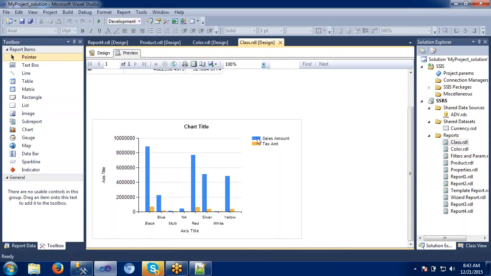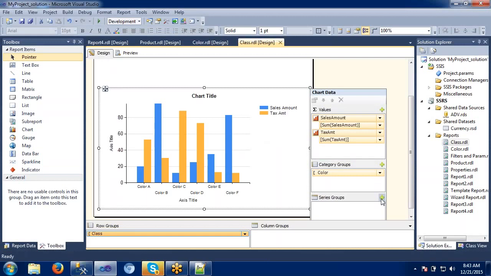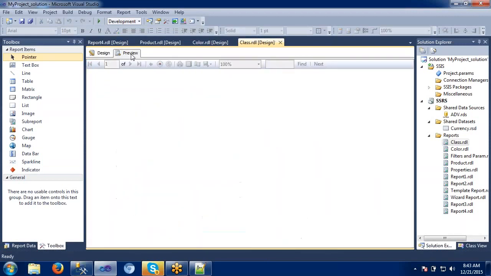This is what we call legends, actually. This is how the legends are displayed here. Blue color is for sales amount, yellow color is for tax amount. Okay, what is this series group here? If we have a series group, something called class, then all these legends will be displayed here and will be marked as values. Let me preview it here, then we can easily understand.